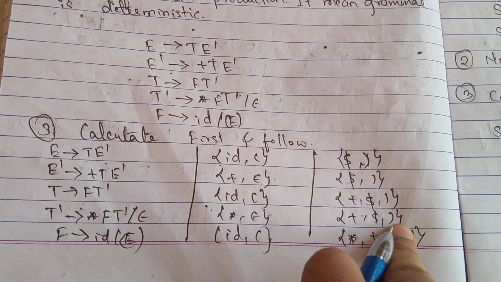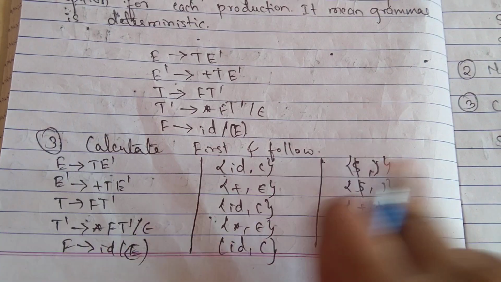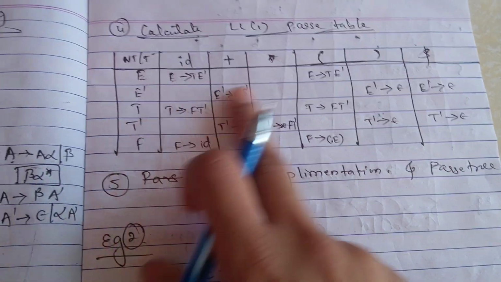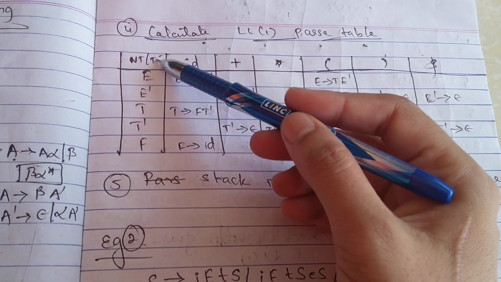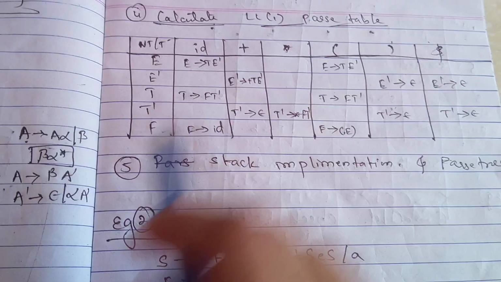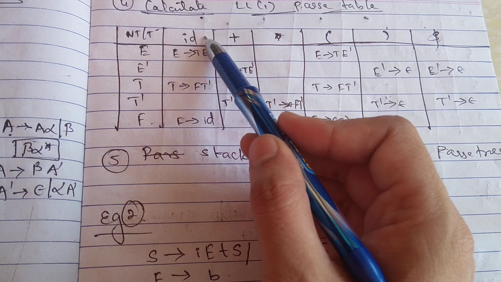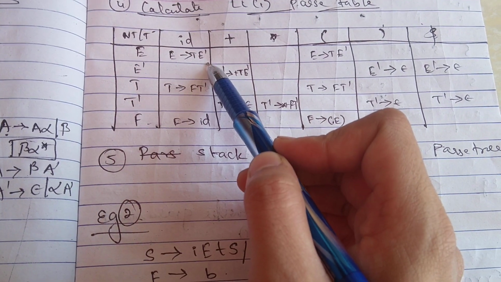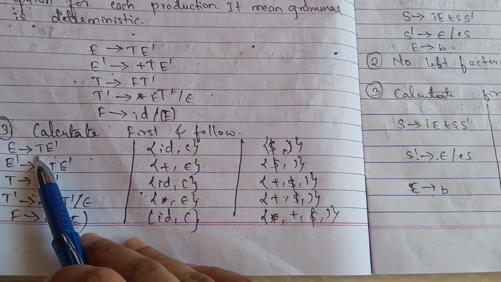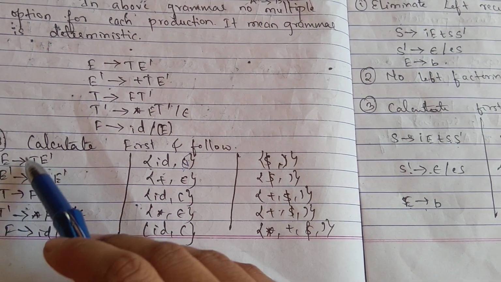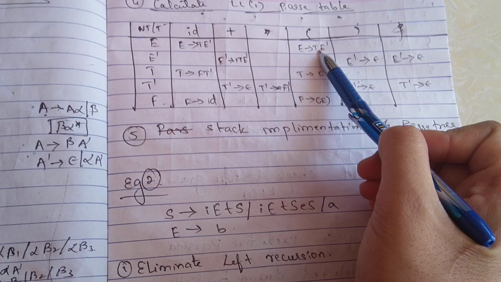This we also studied for this particular grammar. Once we understand first and follow, we need to create the parse table. Here we have all non-terminals and these are terminals. Depending on the production, we need to fill in the entries. Why do we have E tends to E dash? We are given E tends to T E dash. The first of E is ID and open brace. There we need to write E tends to T E dash.